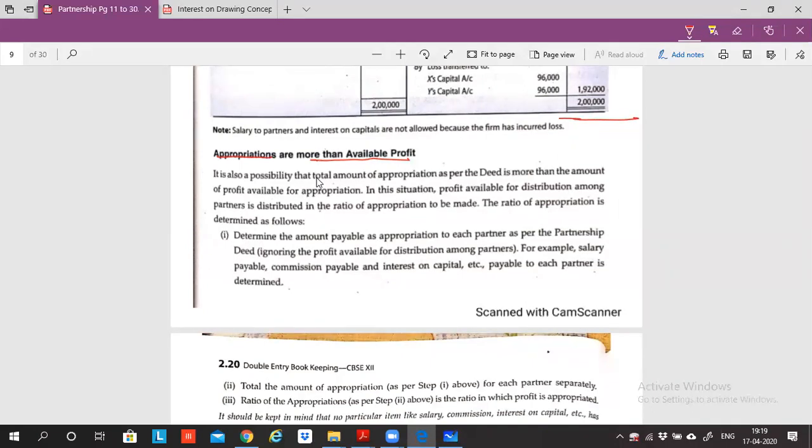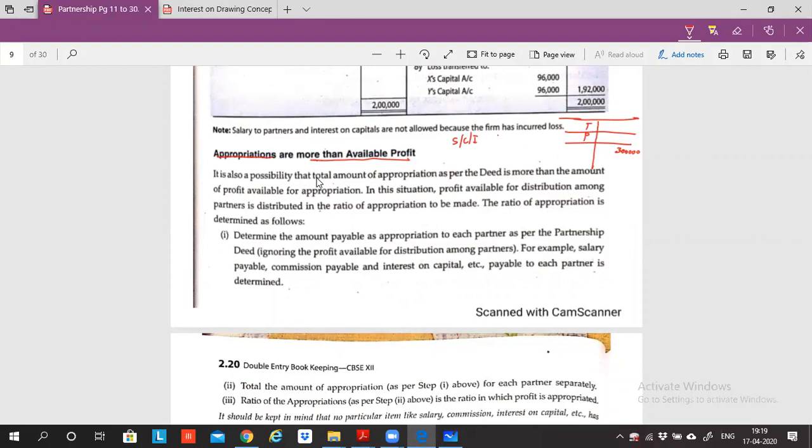Sir, the items for P&L appropriation account amount to more than net profit, sir. Okay, right. You're right. So what happened? This is the trading account, this is the P&L account, and this is the P&L appropriation. Let's suppose 3 lakh rupees is the profit I have. Now the amount that I have to appropriate, the amount that I have to distribute to the partners in the form of salary or commission or, let's say, interest on capital, etc.